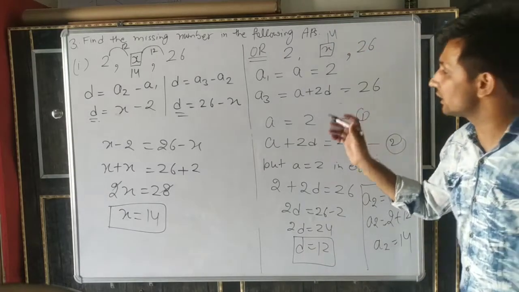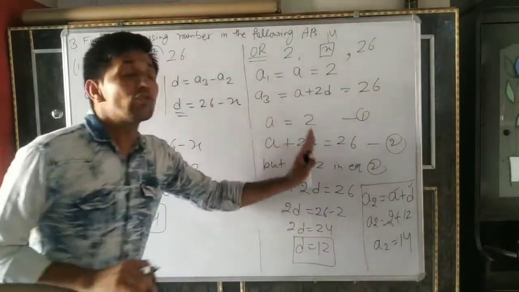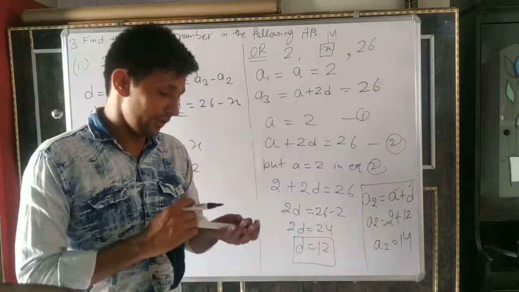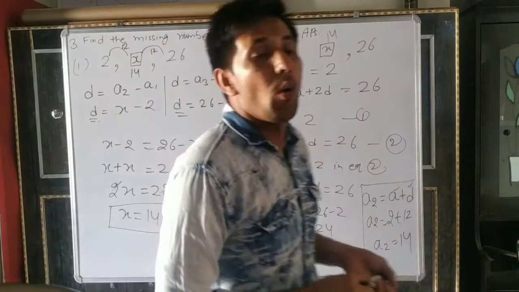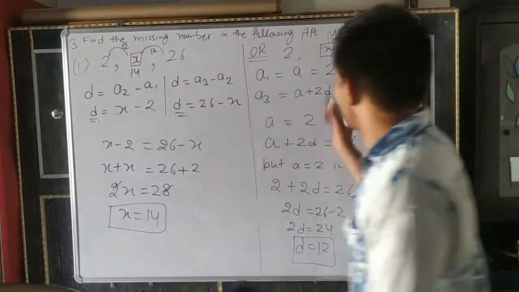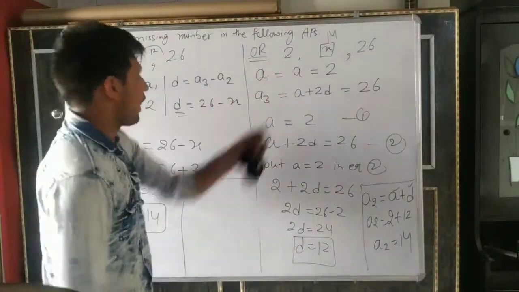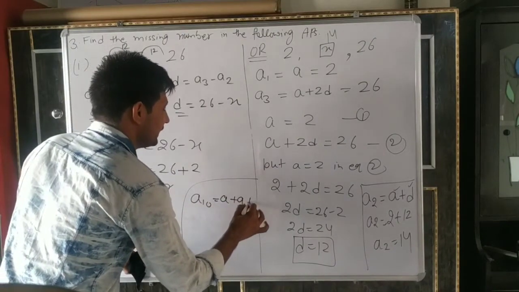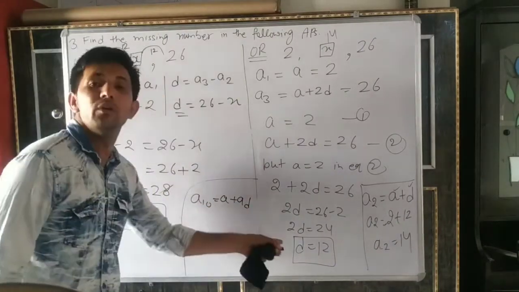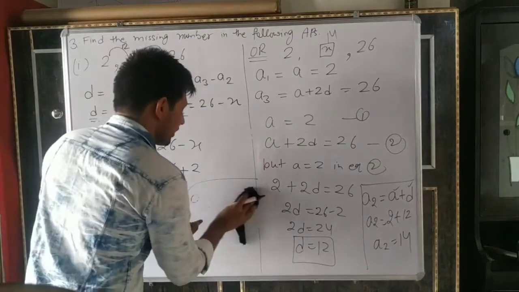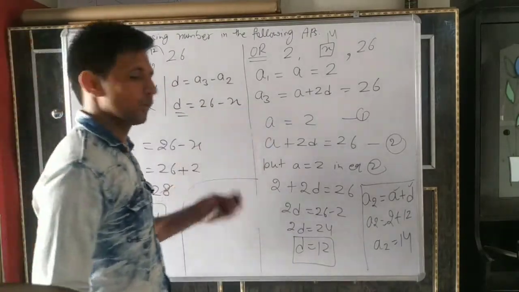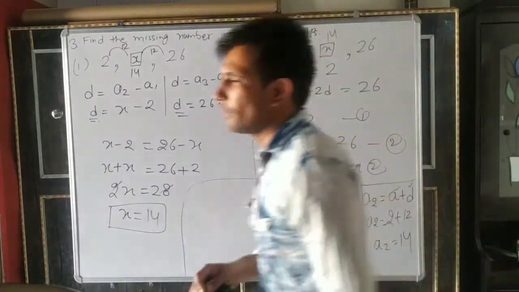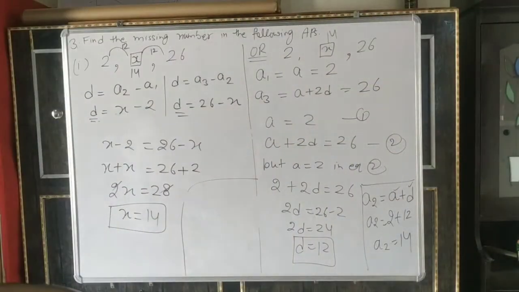Some students are thinking, sir, it is very difficult. It is not difficult here. If you do one or two questions by this method, all are very easy. You will not be confused. Because if I ask you in this, find A10, how will you find A10? A plus 9D. A we know, D we know. Understand? So please note down both of these, and you can do all the questions yourself. One more part. Note down first it. Look at.